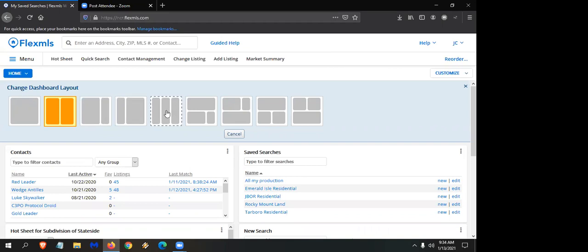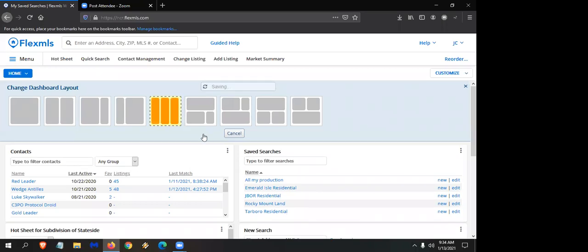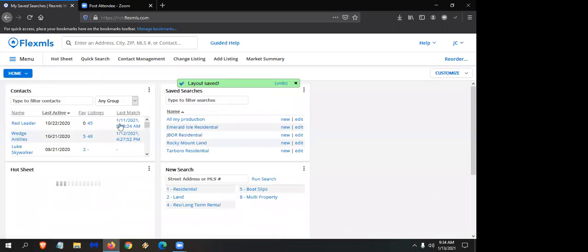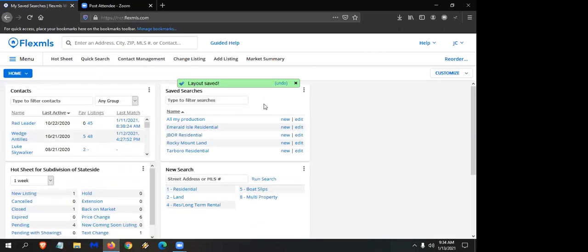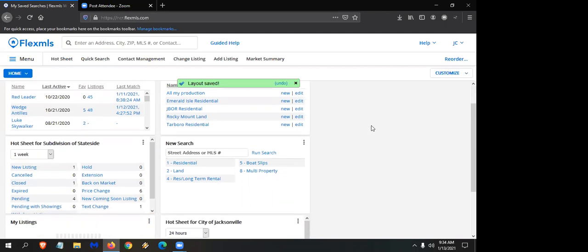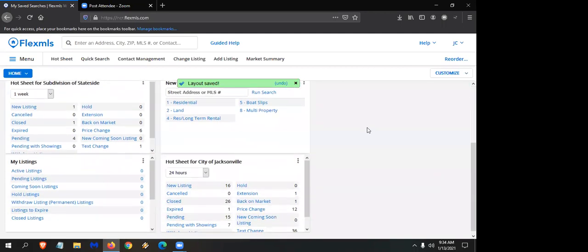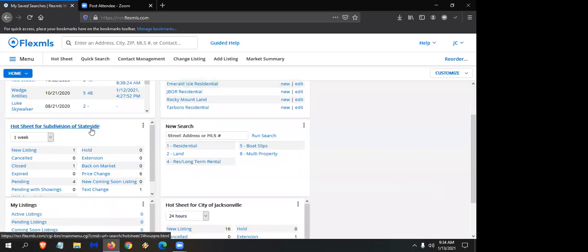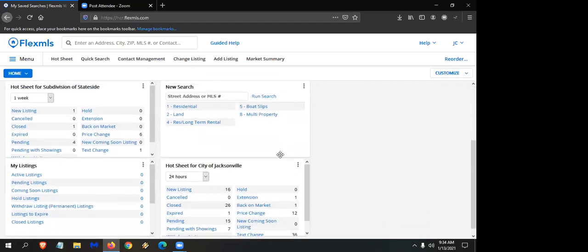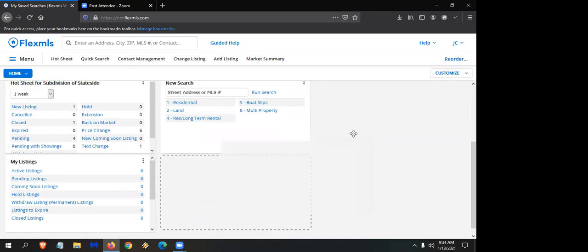or 33-33-33%. If I click on this and change it to 3 columns, it's going to narrow them down. It can just come down to personal preference. The one thing I don't like about the really narrow is that for a hot sheet, if you selected 2 or 3 things, it won't have enough space to show the entire thing. If you hover over it, the text will tell you, but on the screen it might not show. So if you wanted to change it to 3-3-3, then again hold my left mouse button down,